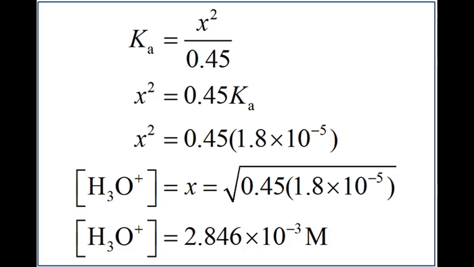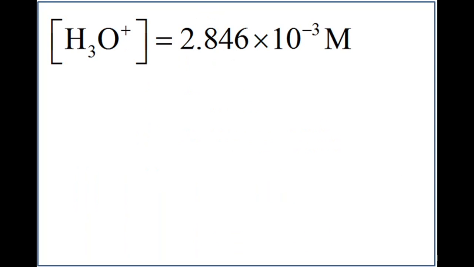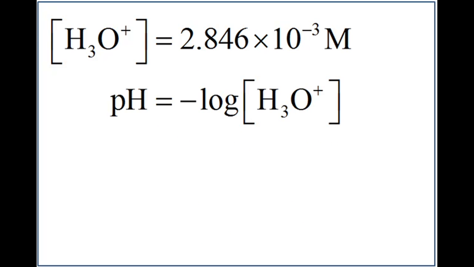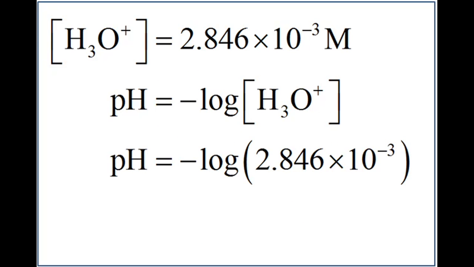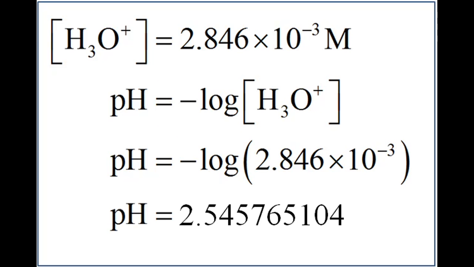The next step is to calculate the pH. We have the hydronium ion concentration is 2.846 times 10 to the negative third molar. pH is the negative log of the hydronium ion concentration, which in this case is the negative log of 2.846 times 10 to the negative third. It comes out to 2.545765104 on a calculator. The lowest number of significant figures we had in our data, including the Ka value, was 2. Remember that in a pH, the significant figures start after the decimal point, so this needs to be rounded to 2 decimal places,